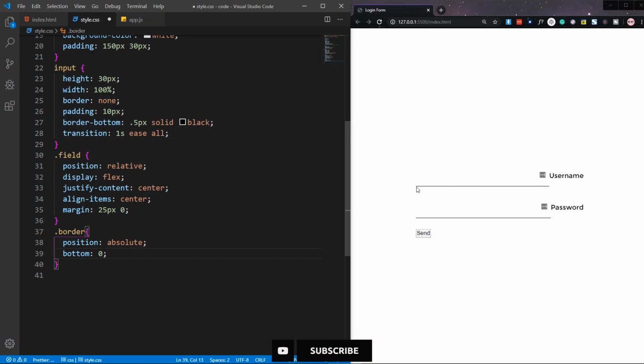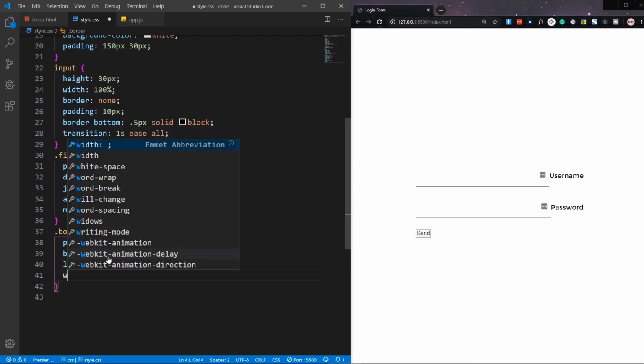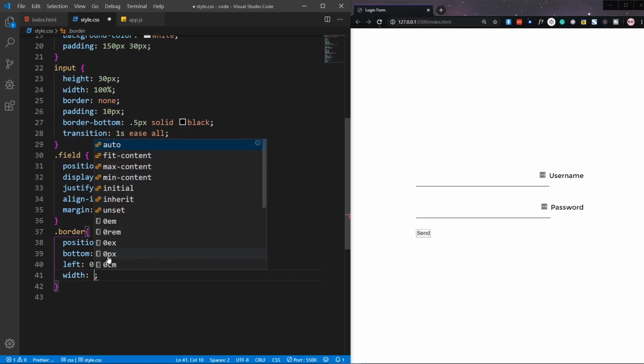Actually it will be the animated border and this will be the static border. There will be kind of two borders. So let's create this animated border. So the bottom will be 0 and left will be also 0 and width will be 100%